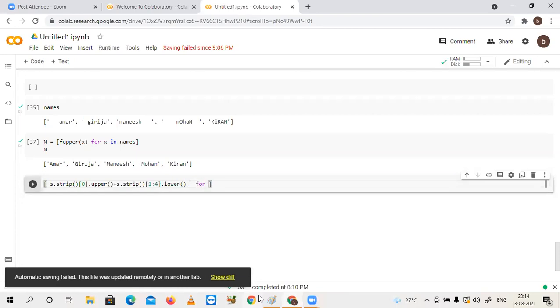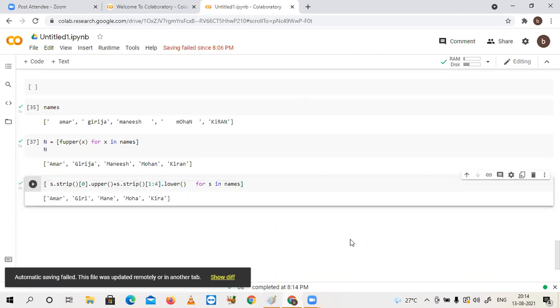After that, for s in names, just check the output. Are you getting the same thing or not? Here I said 1:4, now just 1:, because the last character was missed. Now I'm getting everything right.